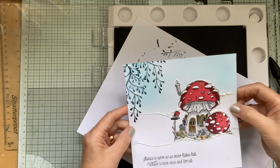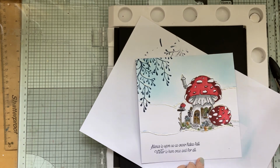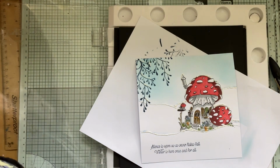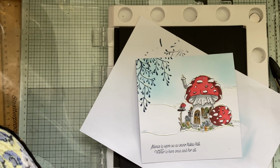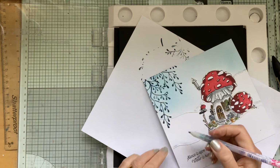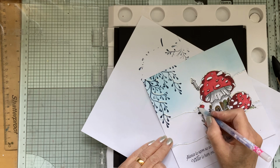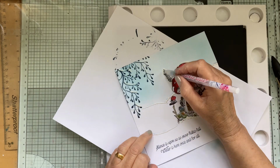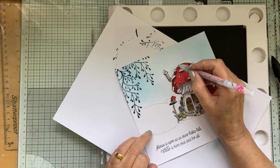You see how it's risen? Can you see that? If you put a bit too much on, just pick it off like that. You still get some left. And then with my quickie glue pen, I just go underneath where the fluffy stuff is, like that. Just go on the other side of it,